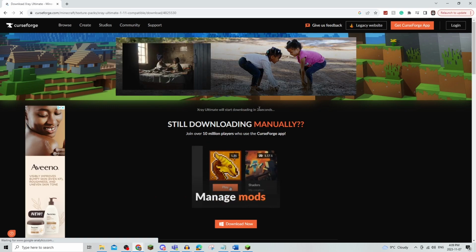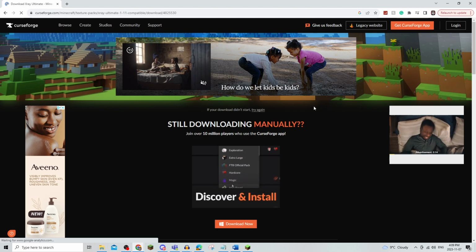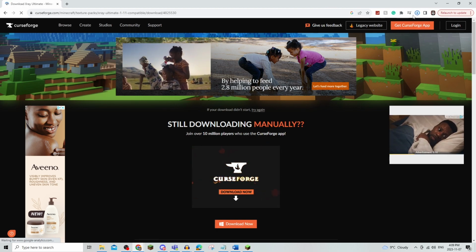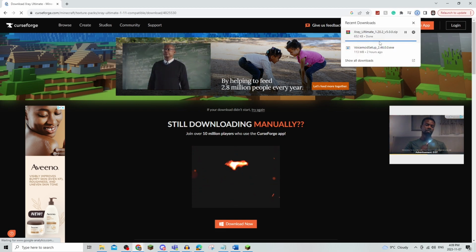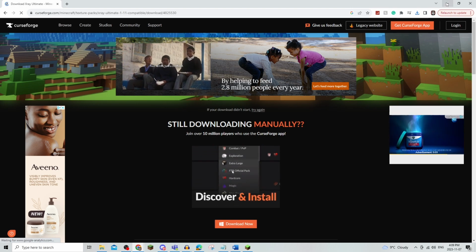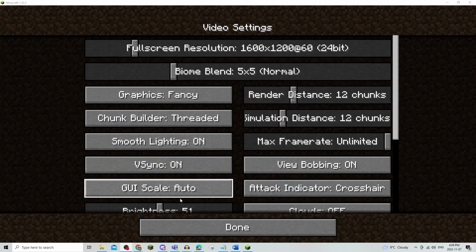Now it's going to start downloading in just a moment, and then once it is downloaded, you're going to make sure that you know where the file is actually downloaded to. Now, once you've done this, you're going to go onto your Minecraft,